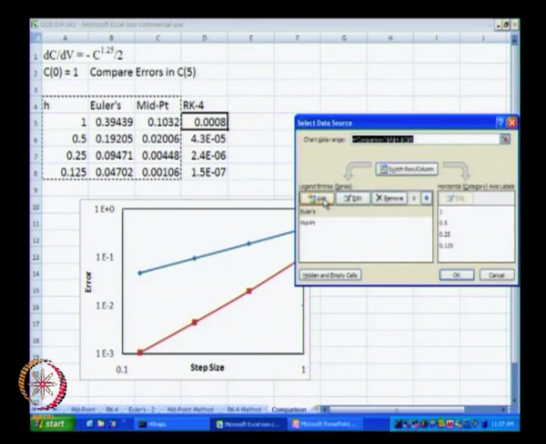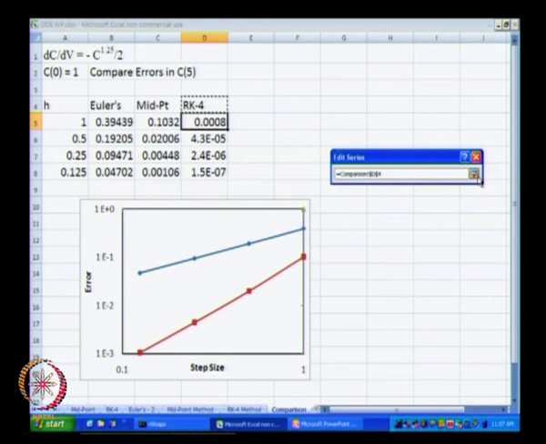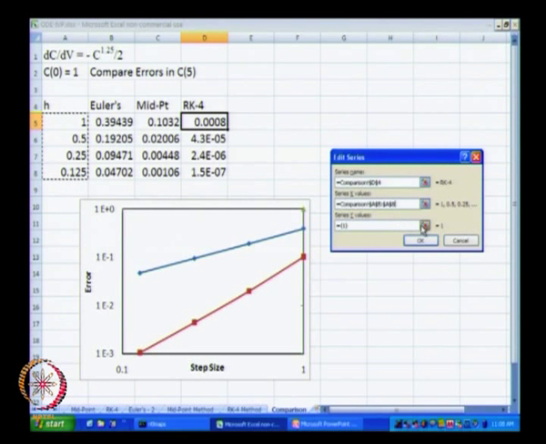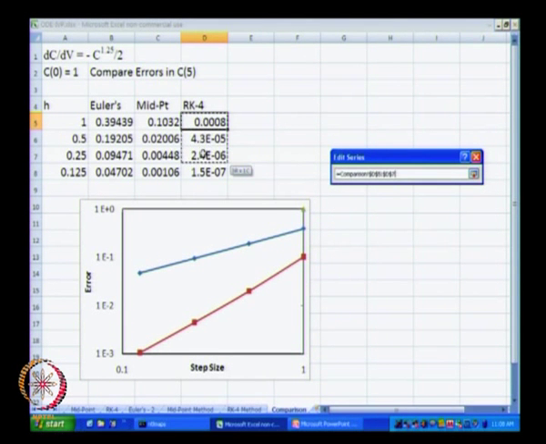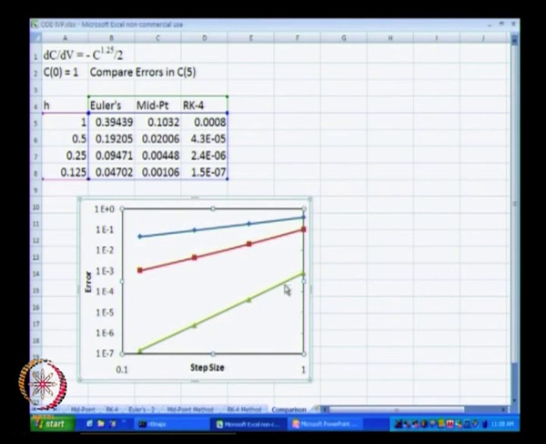And I will add another plot over here, where the name of the plot is going to be RK4, the x axis values are going to be the h values, and the y axis values are the errors. You have to delete the value 1 over here before you choose the column, and we have the result also over here.